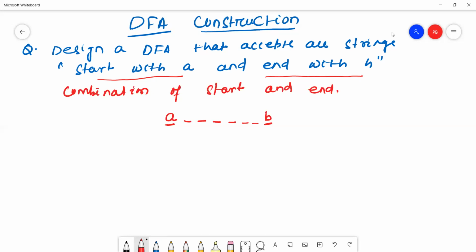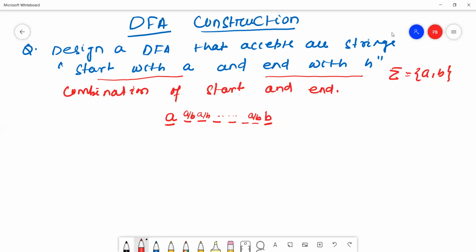Here the input alphabet is A comma B, so we can take any number of A's or B's in the middle.